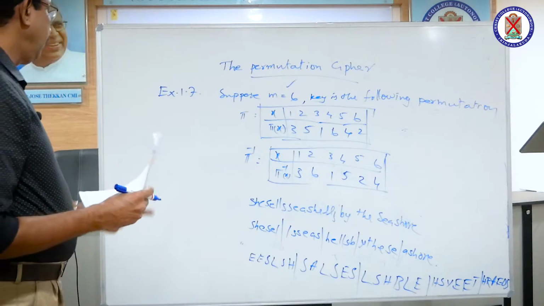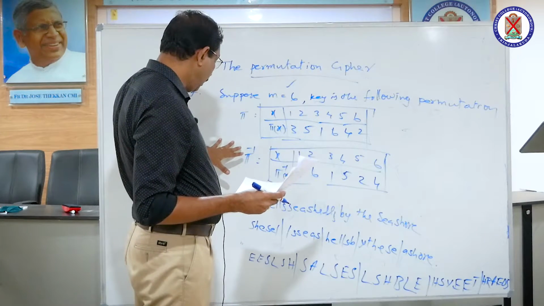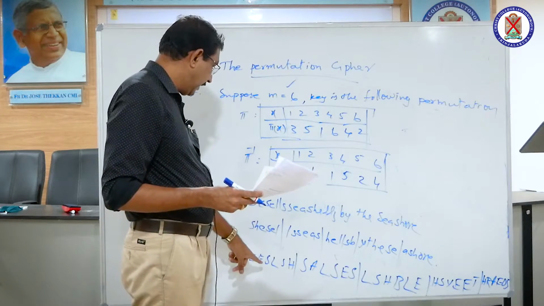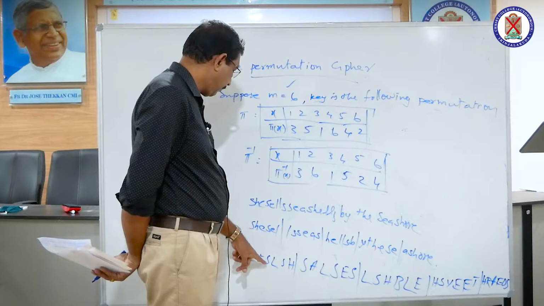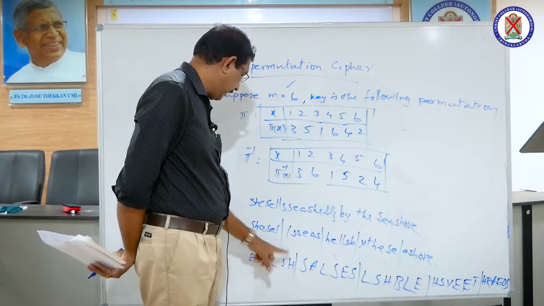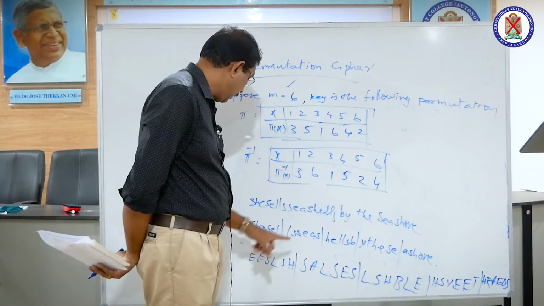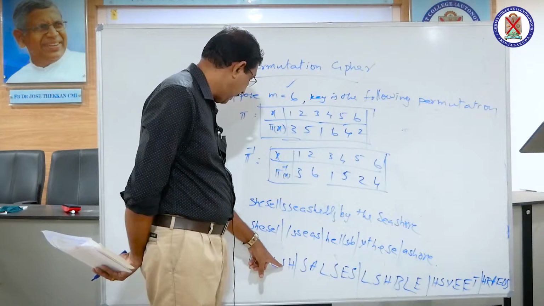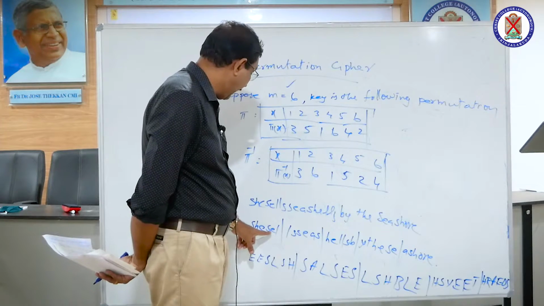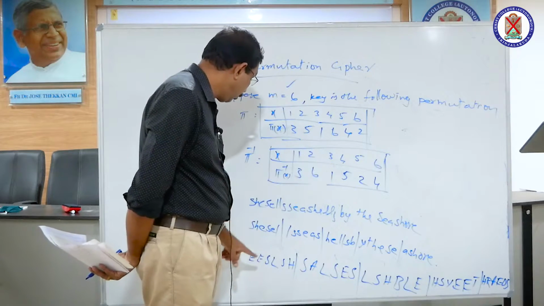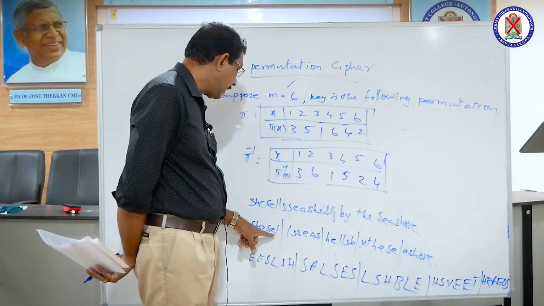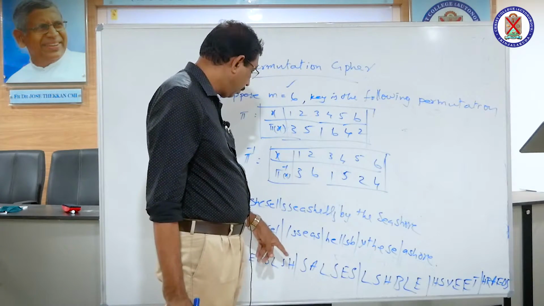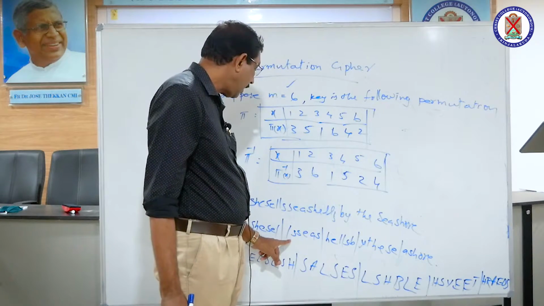Now this can be decrypted by using the inverse one. In the inverse, we'll go 1 goes to 3, that is third order. We'll take the third one, S, then sixth, H, SH, then we'll take first one, that is E, fifth one S, then second one, that is E, fourth one L, SHELLS. In the same manner for the inverse, pi inverse, we have third one, that is L,